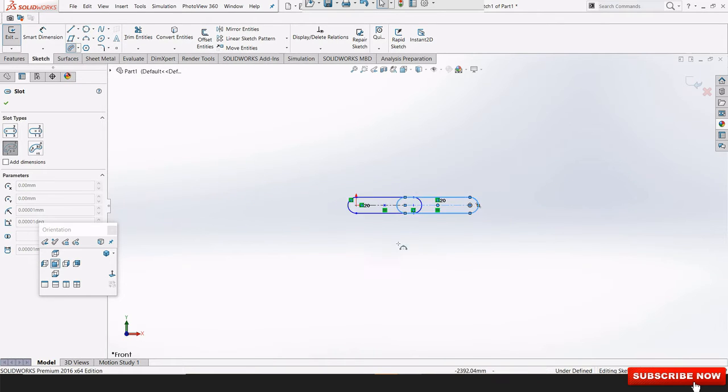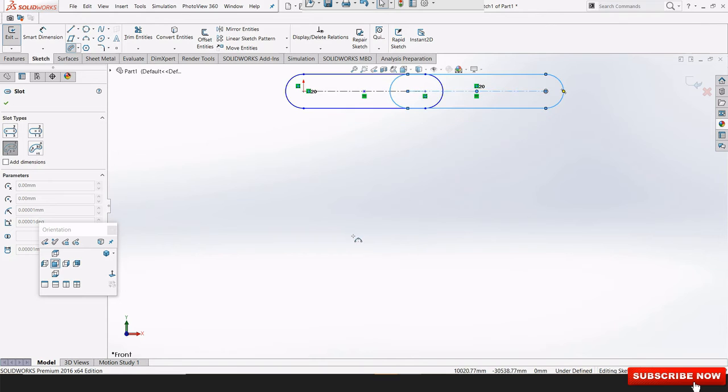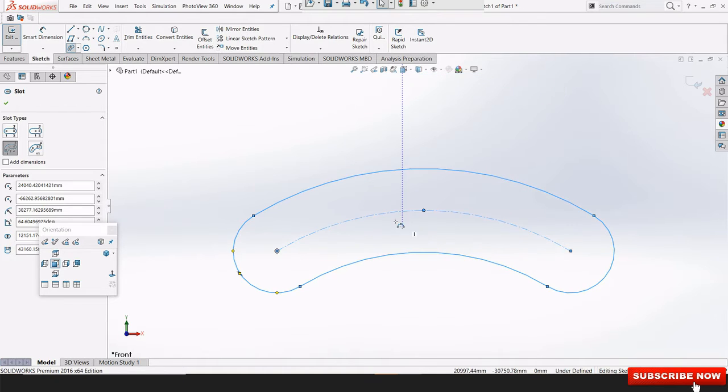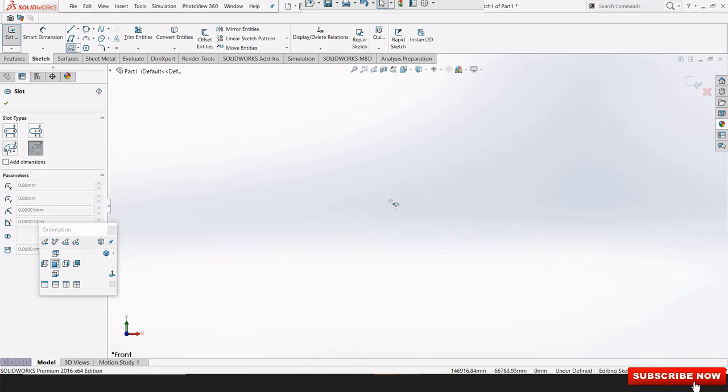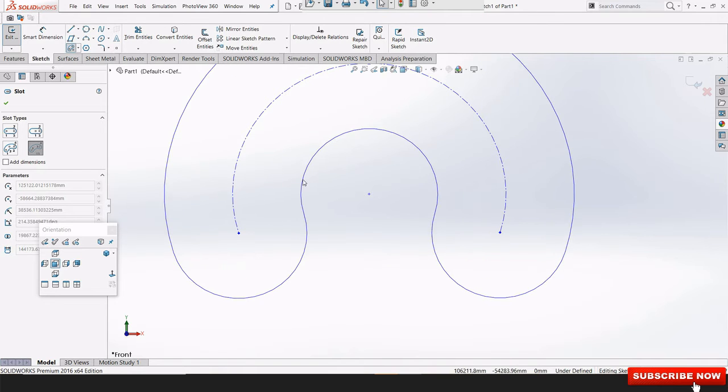Then we are having 3-point arc. You will see how to draw this. First point, then select second point, then select the radius and third point through which you want to pass that line. Okay, that's it. Then we have to give dimensions like radius of this arc, radius of this, and the length. Okay, then we are having center point arc. Let's see, select the point from where you will start the arc, then give the required dimensions of that arc, then stretch it.